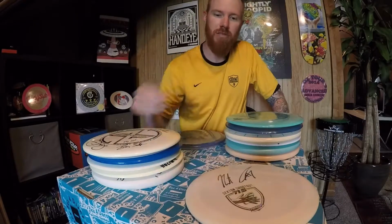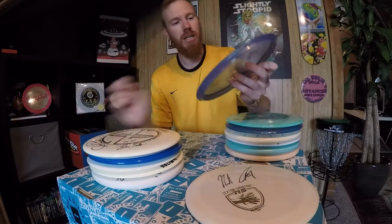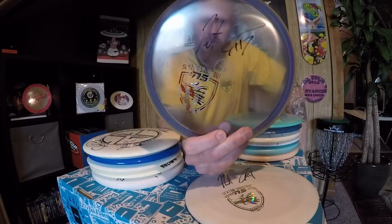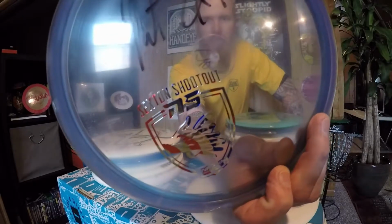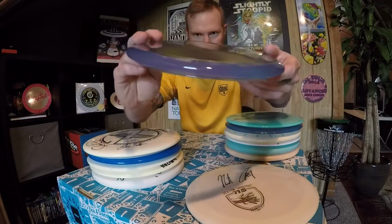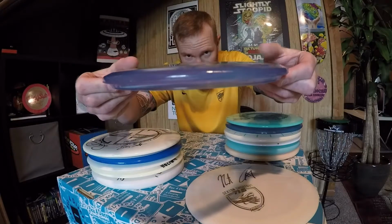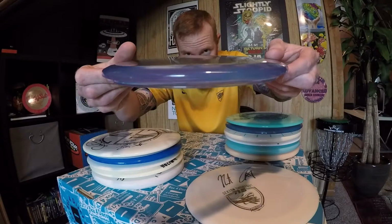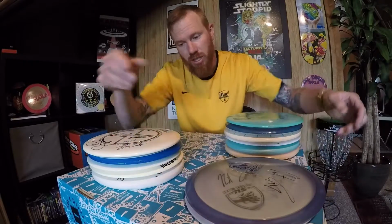Just a bomber. Hyzer flip that thing and it'll go far. Still fade. Rock 3, 176. Sexton Shootout with a little flag stamp. Looking real nice. Just a beautiful disc. Probably should go in the bag. That's also just looking just right on the profile. 176 too, so close enough to max weight that there shouldn't be a difference in the flight. Probably a little straighter at the gate for sure, but